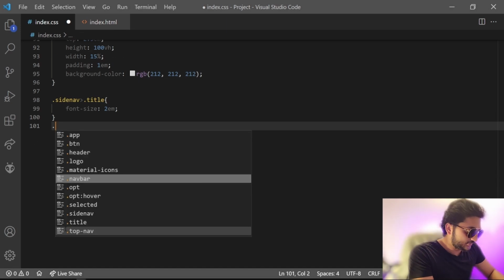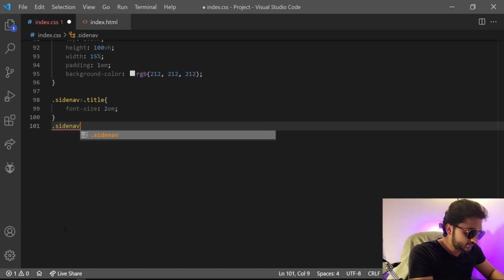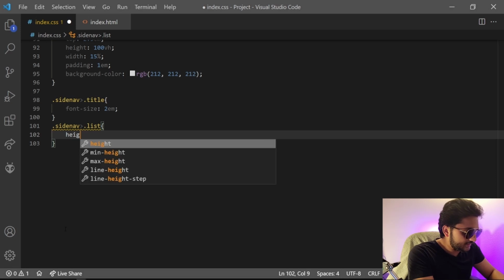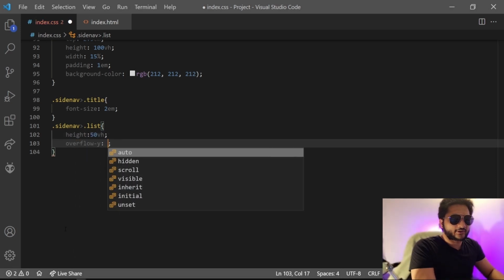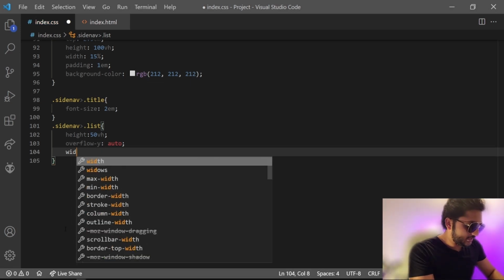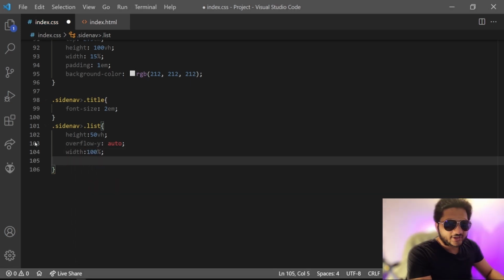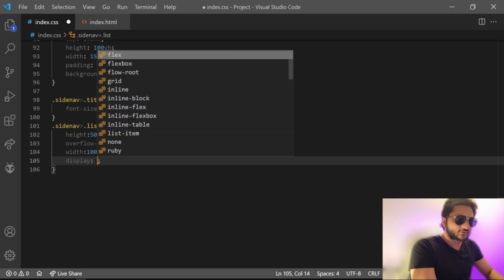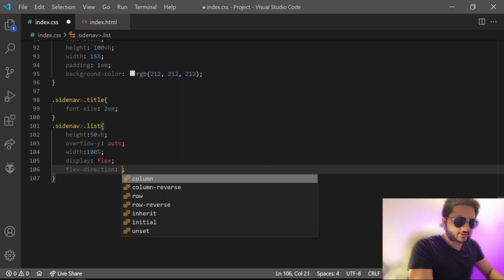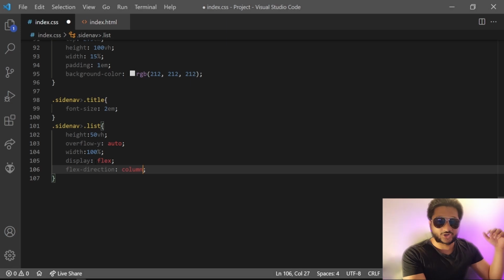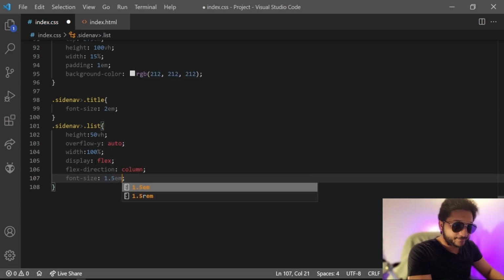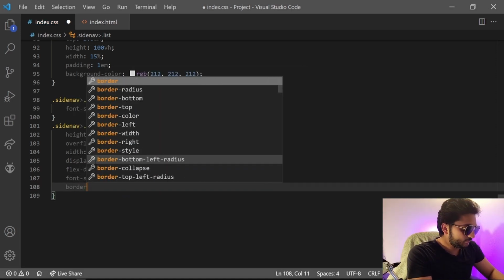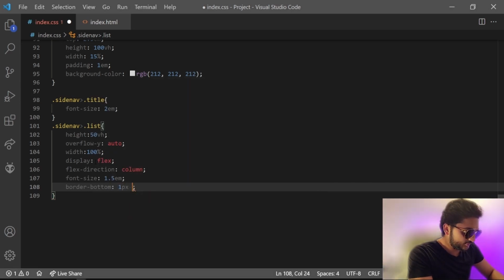The next thing is the list. So .side-nav .list. Set the height to 50 vh. Let's do overflow-y to auto. Let's also give it a width of 100%. Let's make it a proper column by setting the display to flex and flex direction to column. Let's also give it a larger font size and a bottom border. To do that, all you have to do is font size 1.5 em and a border bottom of 1 pixel solid